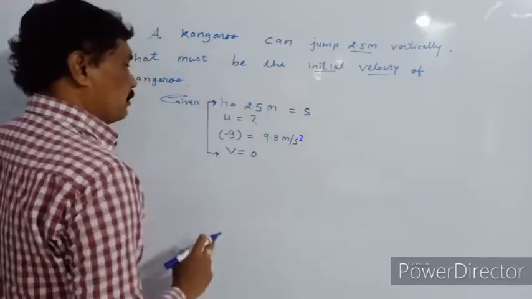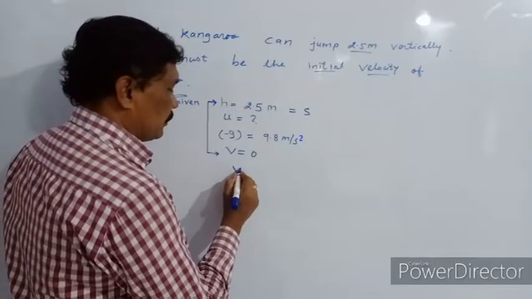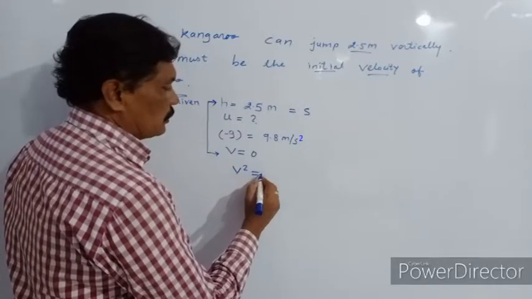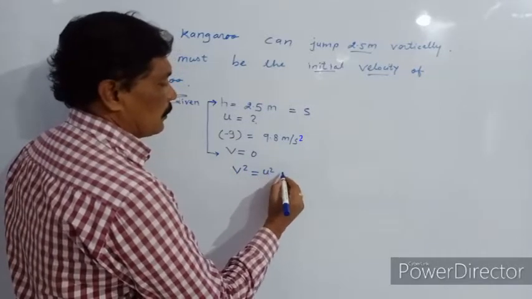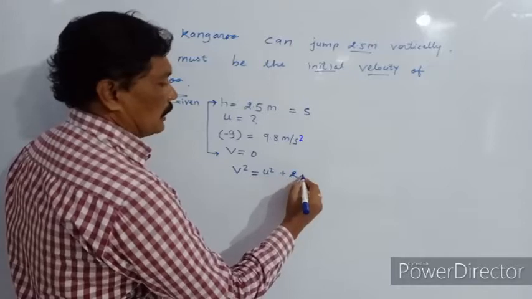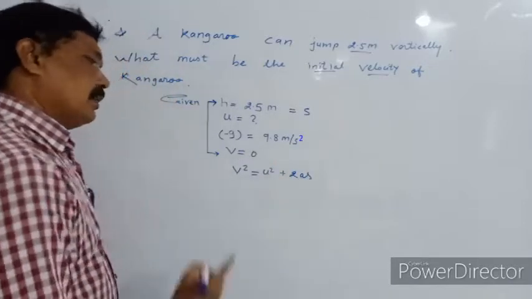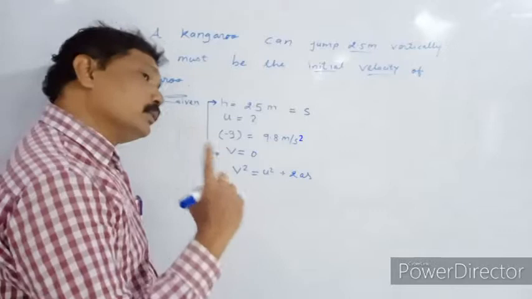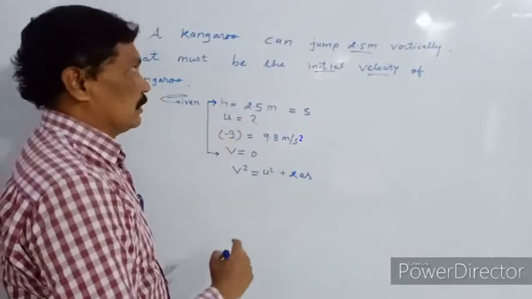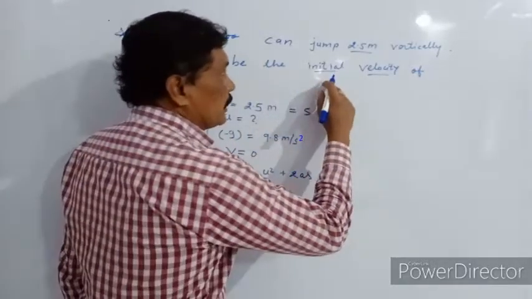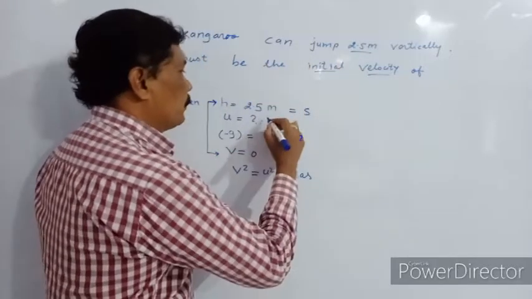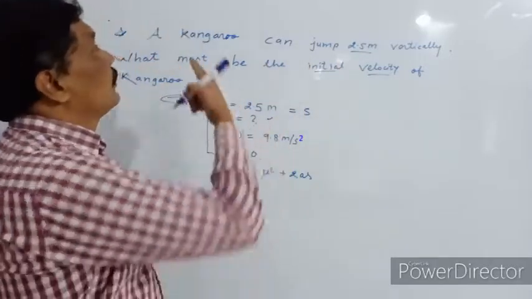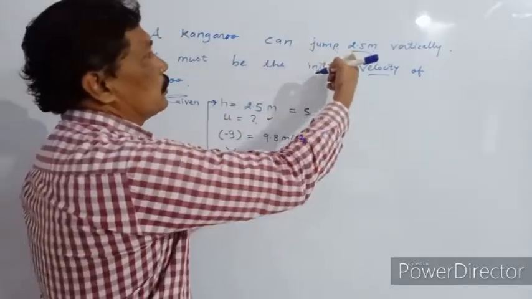So we have one kinematical equation, that is v square is equal to u square plus twice as. We will use this kinematical equation to find out the initial velocity u